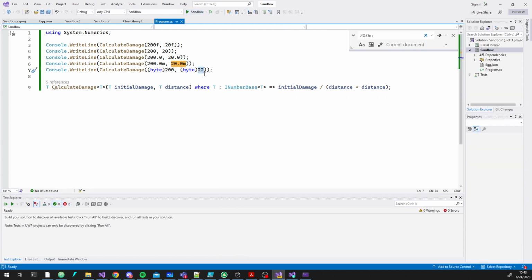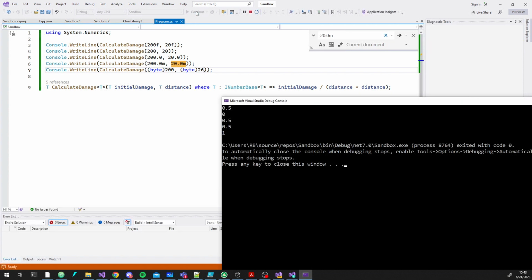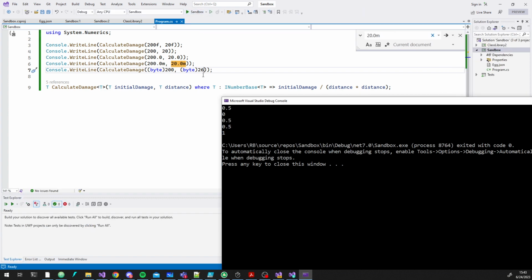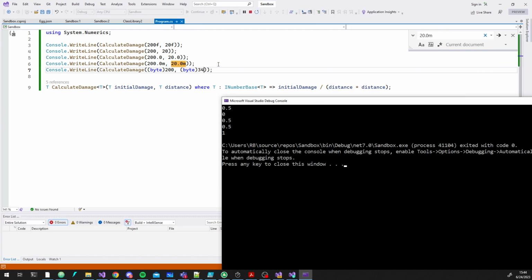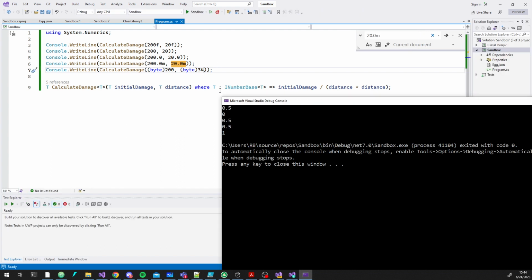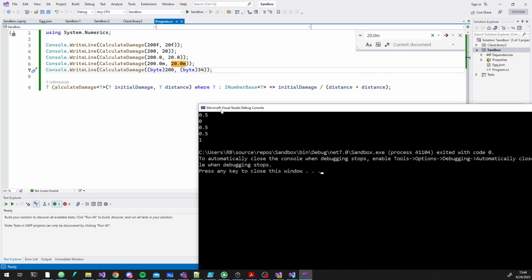I'm hoping to find something where I end up with a value not anywhere near. But you know what? I can't ever end up with anything that's not, because no matter what I pick here,